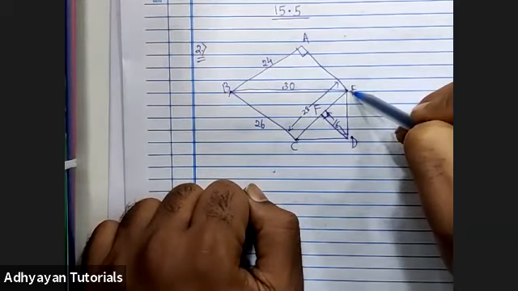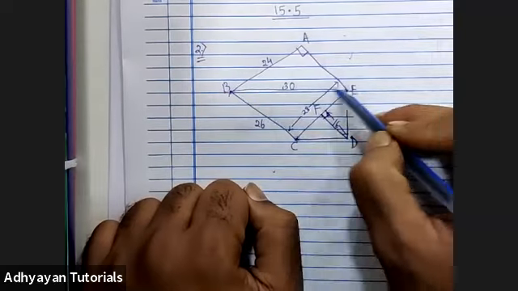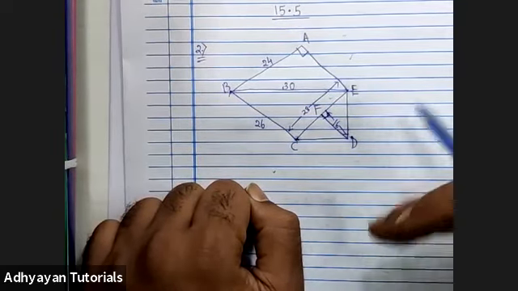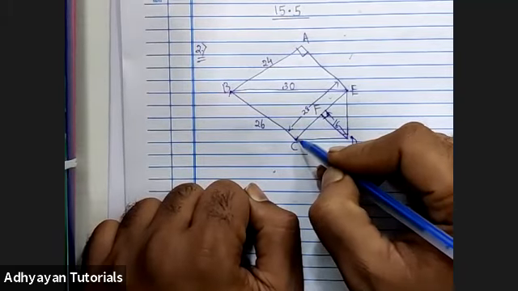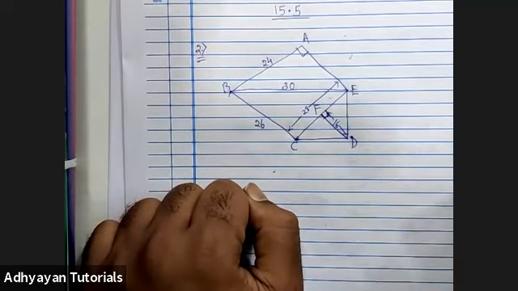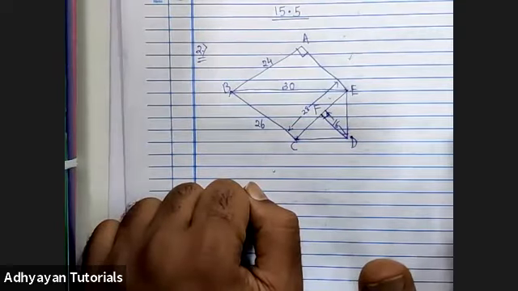ABE is the first triangle whose area we will find. BCE is the second triangle whose area we will find. The third is CDE, again a triangle. Base का value पता है, height का value पता है, so we'll be finding area of 3 triangles, adding them together to find area of the plot.